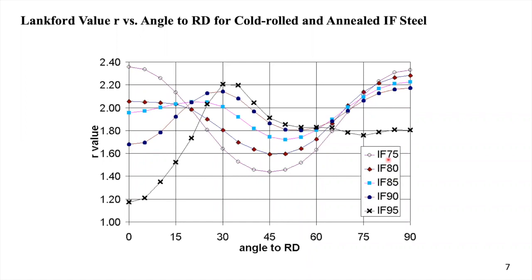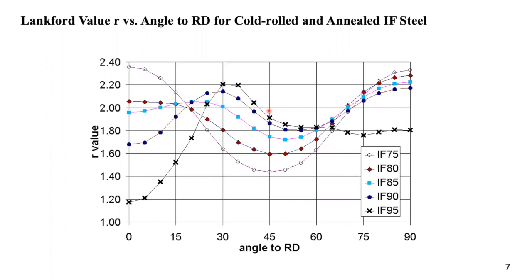So if you have a 75% rolling reduction, you have what is called a fourfold anisotropy, whereas if you increase the rolling reduction to 95%, you have a totally different profile, which is what we call a sixfold